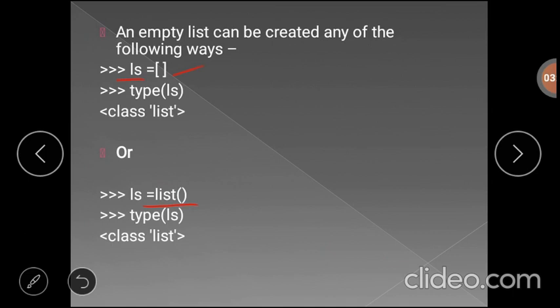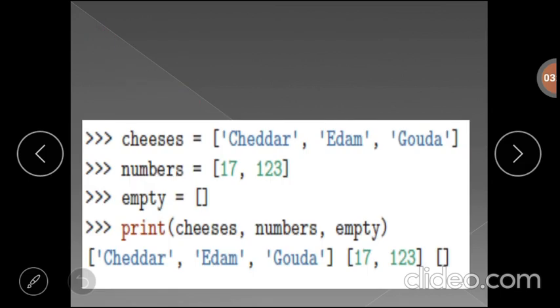Suppose you want to check the data type of that empty list or any list, you can use the built-in function type and pass the variable name. It will return the data type, that is list. Here also the data type is list.